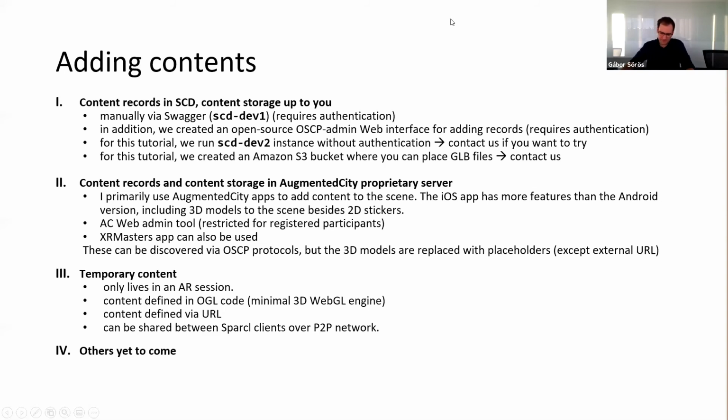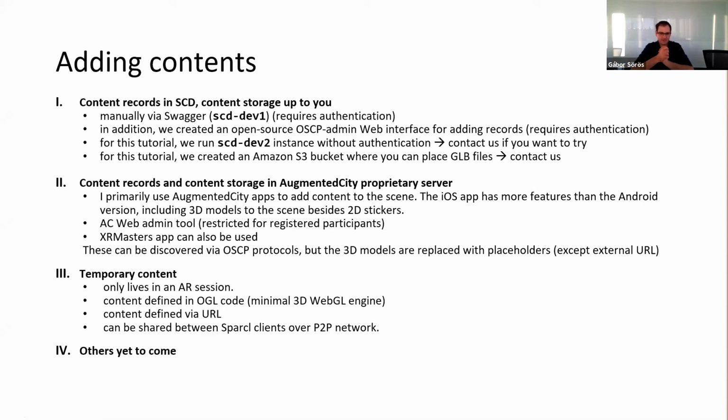So this was querying content. So how can you actually add contents? This is the more interesting part. You can add content records to the spatial content discovery service manually through the Swagger interface that I showed earlier, but this requires authentication. You can also run your own instance, then you can do whatever you want with it.